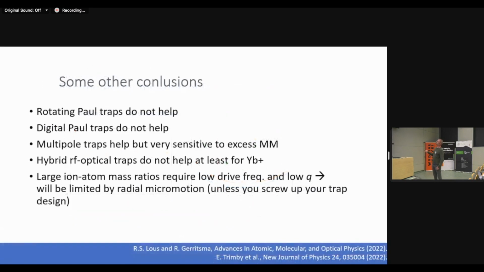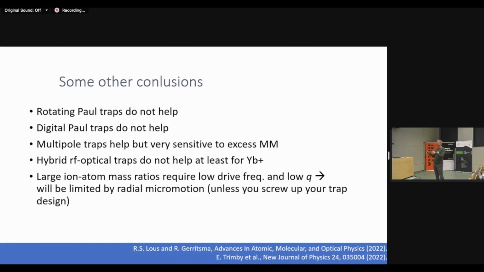Okay, some other conclusions. Probably you find it utterly boring, but these things kept me awake at night when I was starting the experiment. So I was always thinking, okay, a rotating pole trap, this may help. The record player with the saddle. It's not a real pole trap, right? I mean, it's rotating. A real pole trap is flapping, right? And actually, you can solve it